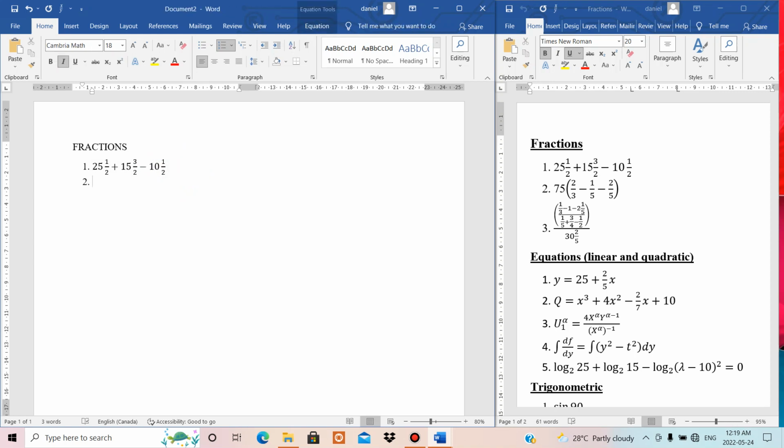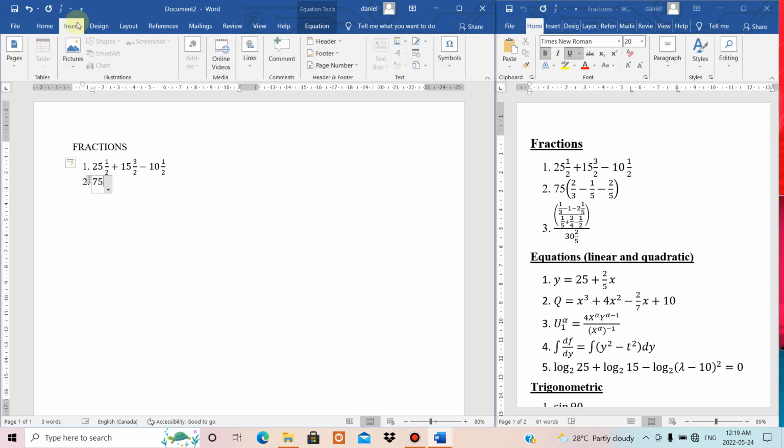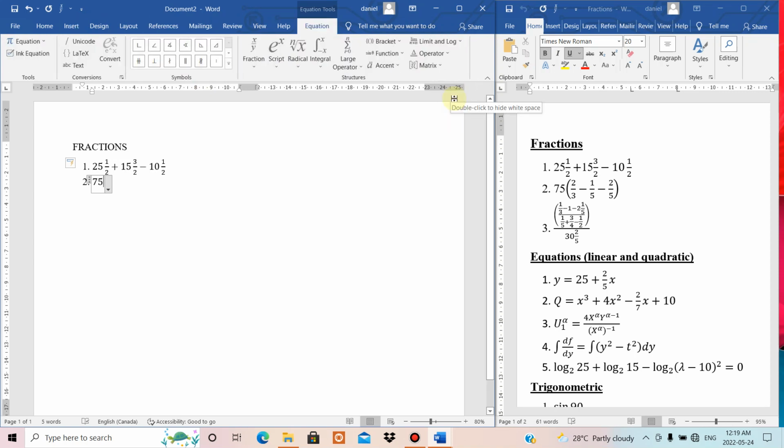So that is our first expression, our first fraction. The next one is 75 bracket open 2 on 3 minus 1 on 5 minus 2 on 5. So first we type our 75, sorry. You click on insert equations. Now we have a bracket which contains fractions. So we click on brackets